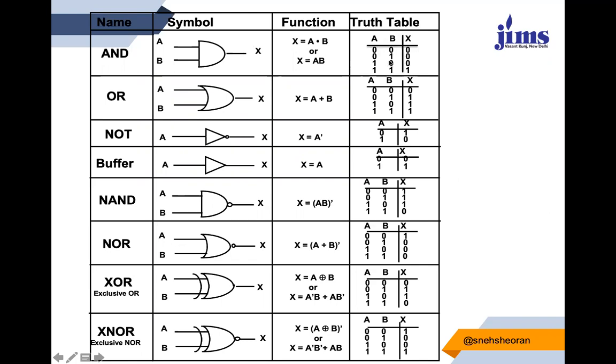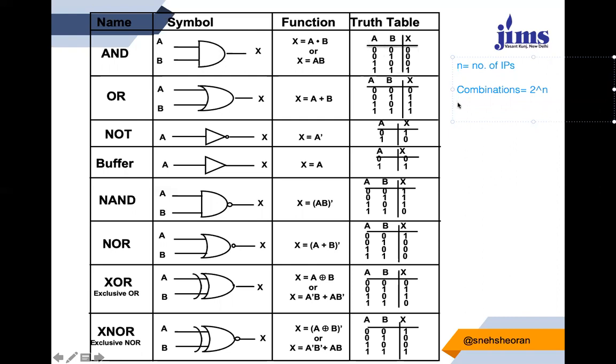Now, how do we get this, and why are there only four input combinations here? In computers, we follow this rule. Let's suppose n represents the number of inputs. The total number of possible combinations is 2 raised to the power n. So if n is your number of inputs, the total combinations are always 2 raised to the power n. Now what this combination means, let's take this example.